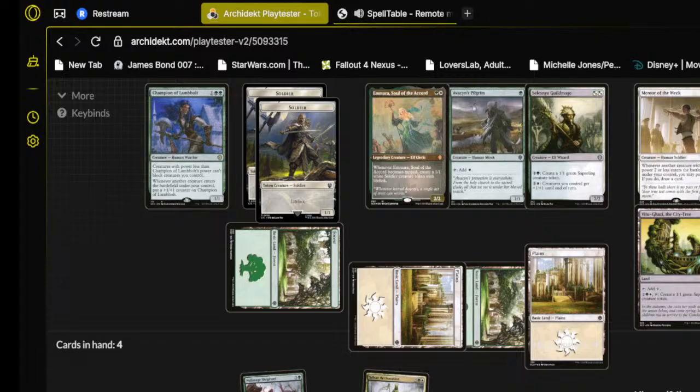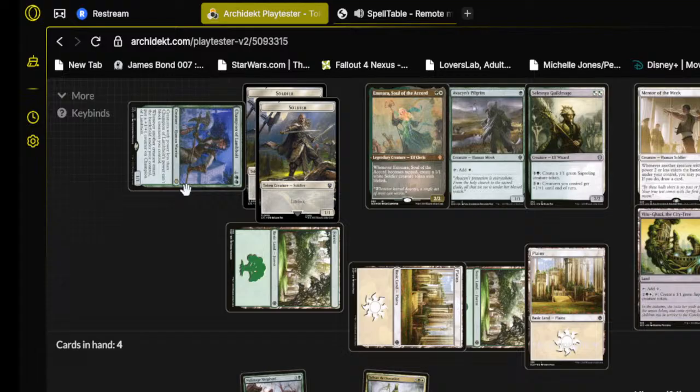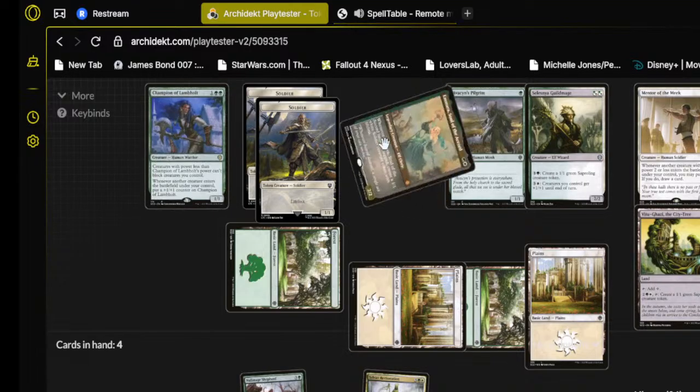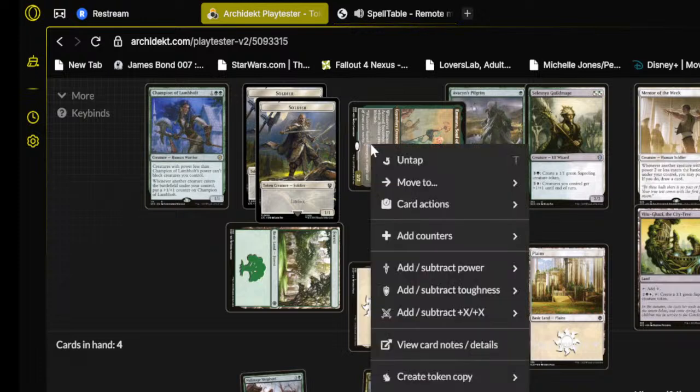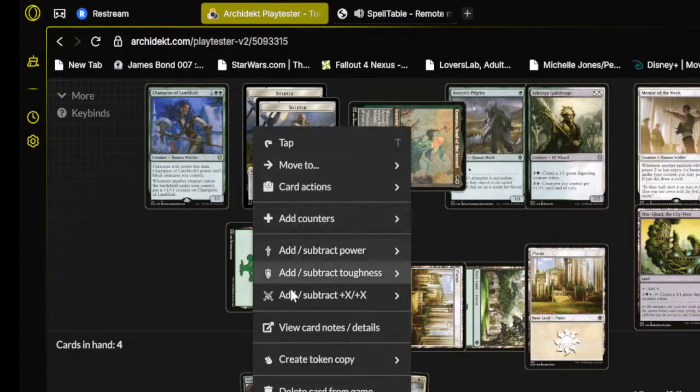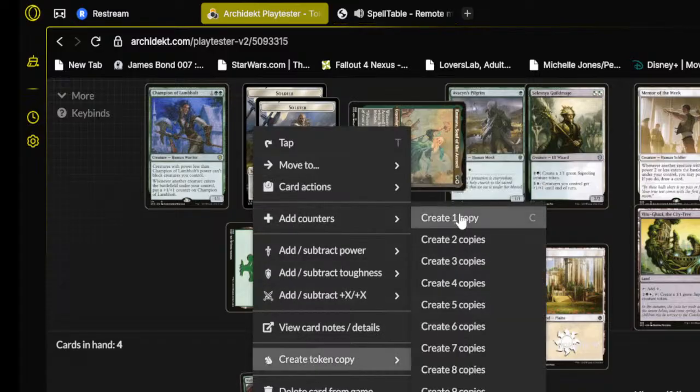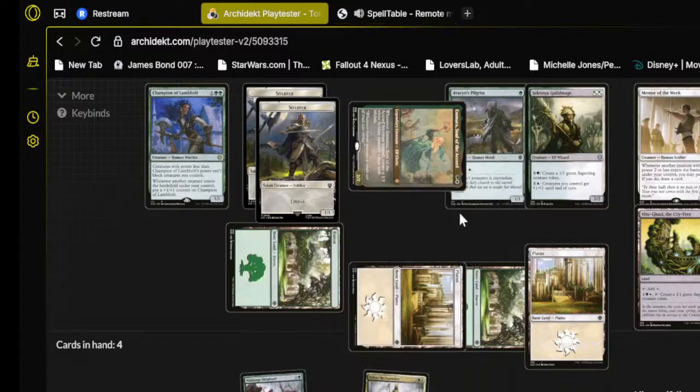Yeah, I don't have any more green I can use. Okay. Are you attacking Shank again? Yes. So tap Emera. Nope, not him. Yeah, Emera. There you go. And then right click on the soldier token and add one. It's got to be on the soldier token. There you go. And then add, create token copy, create one, and